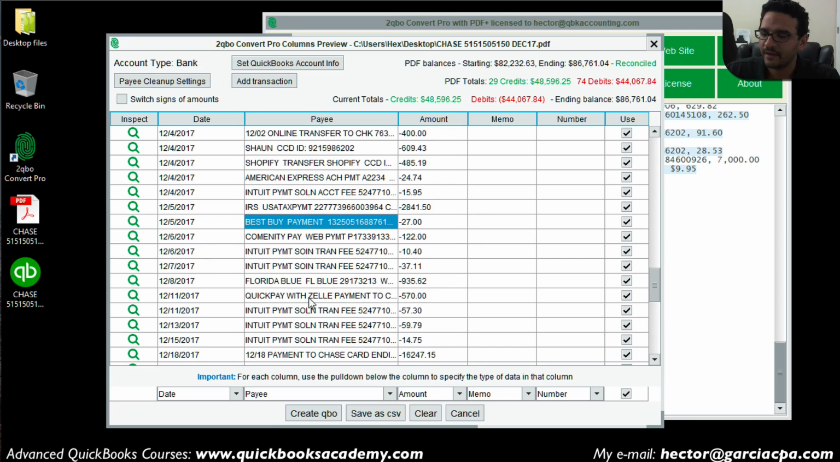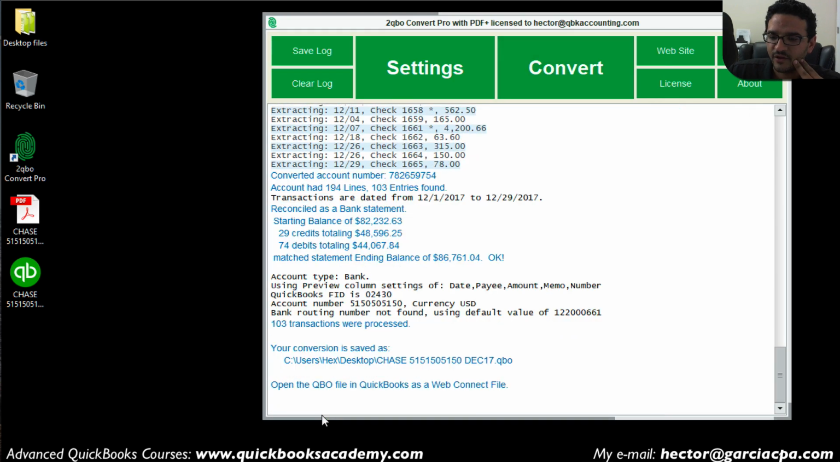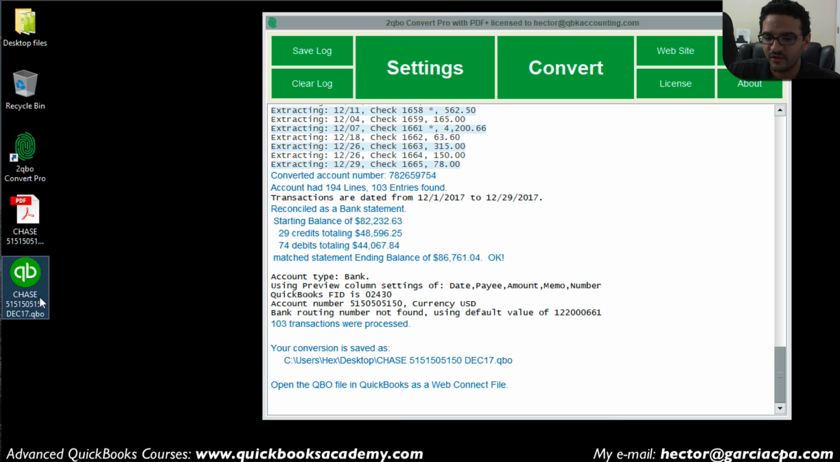So you can go down, you can make any corrections here you want, and now you have two choices. Once you're ready to go and you like the information that's here, you can actually click on Create QBO, and once you click on Create QBO, it's going to create something called a QBO file. And what a QBO file is, which looks like this, it's a file that then you can import into your QuickBooks, and it will run all the transactions via bank feeds, just as if you had connected QuickBooks to the